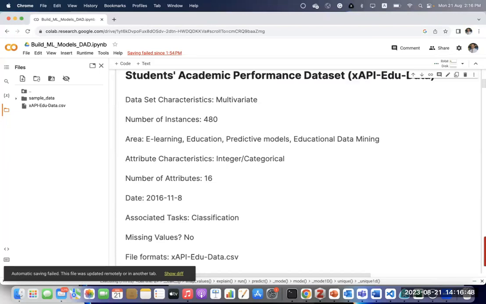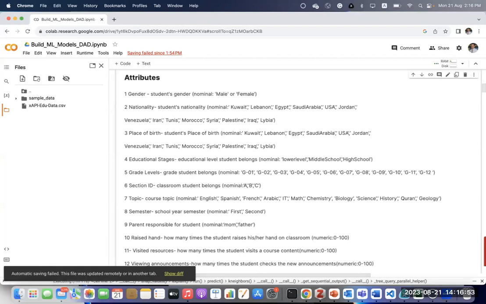Sometimes, as a human, you can see some of the attributes are irrelevant, like the ID, which is unique for the user. You can do the grading process. But here, we keep all of them in order to see how this explainable AI will work. All right, so we have 16. This is the raw data.